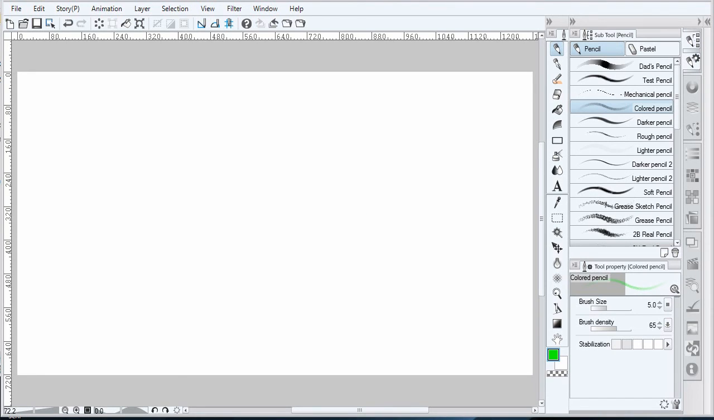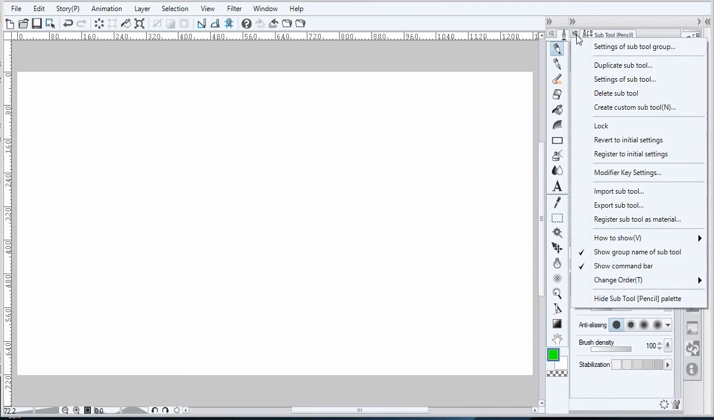This is a very quick overview of custom brushes in Clip Studio Paint or Manga Studio. I already assume that you are familiar with how to customize your layout in Clip Studio. Here we have the subtool and the tool property panels that we're showing. First thing that I want to show is in the upper left hand, if we click on that menu,